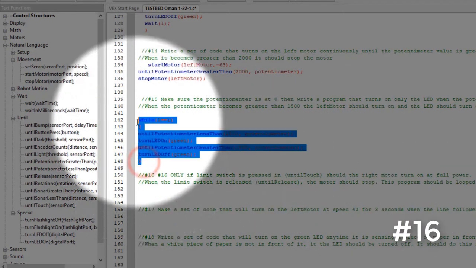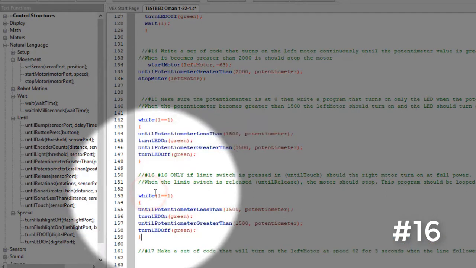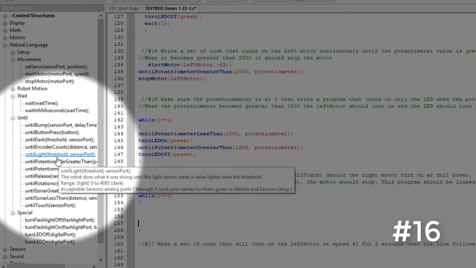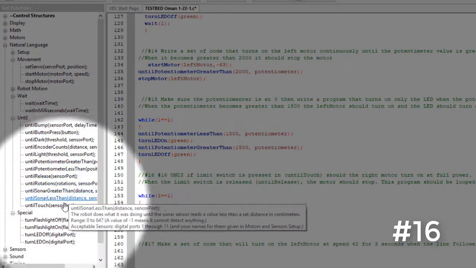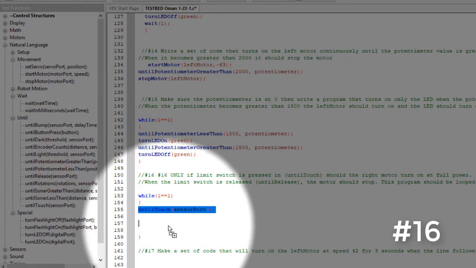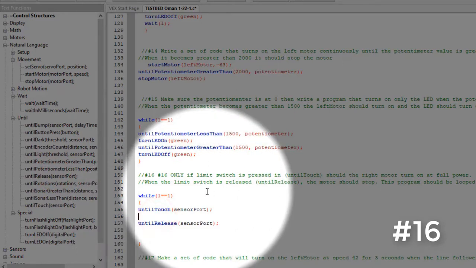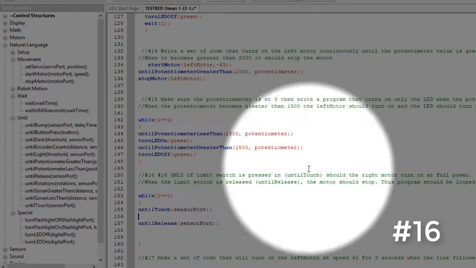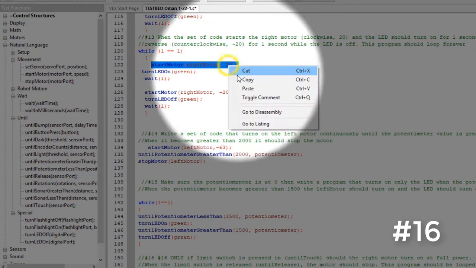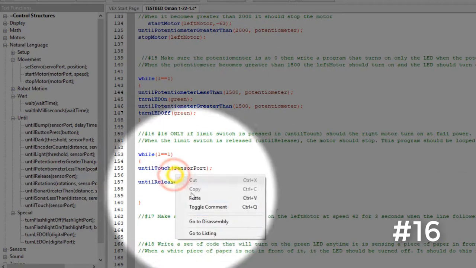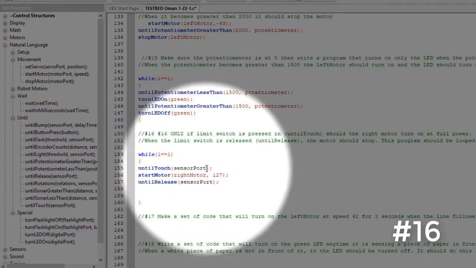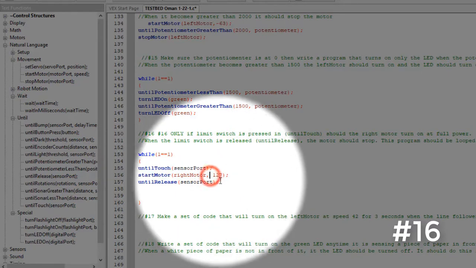Now we're going to use a limit switch, and until touch is the name there. We will need a while loop, so I'm just getting that set up so I can type code between the curly braces. Until touch, I'm going to drag that in. Until touch, start motor. So until touch is when we press the limit switch in, the motor turns on, and